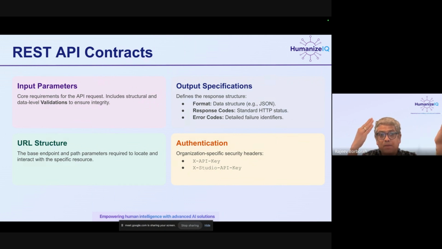As I said, the API should have a URL structure which has a base URL. The base URL in our case always should be www.playtest.humanizeiq.ai/API/something. So for example, if I'm doing an API for configuration, it will be www.playtest.humanizeIQ.ai/API/config_manager.